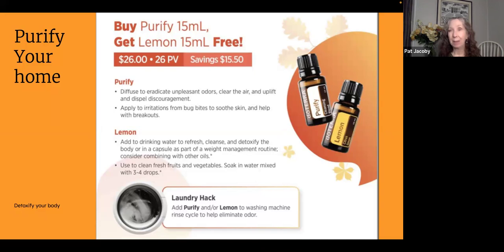Next off, we have lemon. Lemon is one of the top oils that Doterra has. It's one of the least expensive oils Doterra has. It's really, really great. There's no reason to go for anything but the best. It's so inexpensive anyway. You get about 250 to 300 drops per bottle, and you put about 2 drops in your glass of water. You want to use a glass, and it makes your water very refreshing, very healthy for your urinary system, for your kidneys, just really supports the health of those areas because it's so detoxifying to the